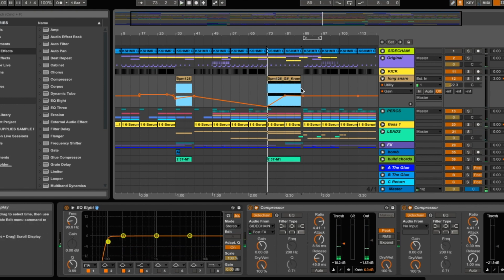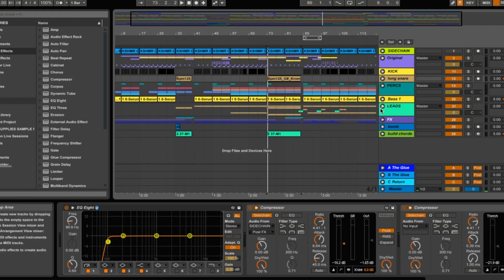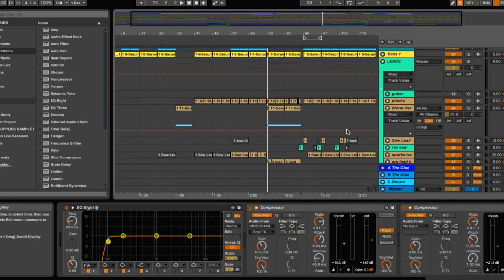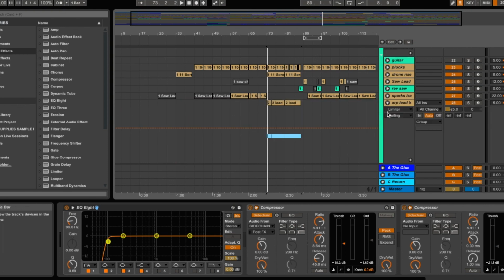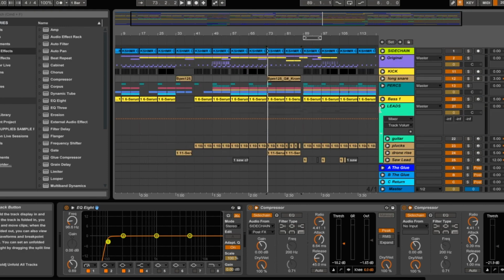Oh, I've screwed all the MIDI up now. I don't know if anybody else's does that. It doesn't on Ableton 10, I know that, but this riser and yeah. Okay, we